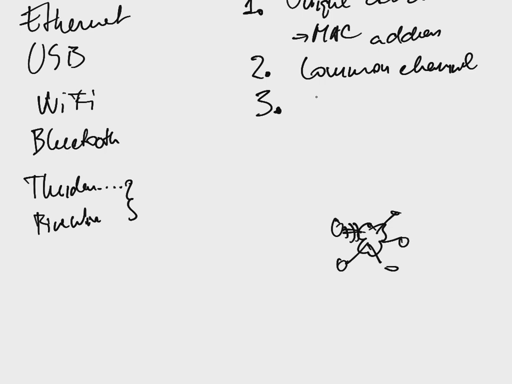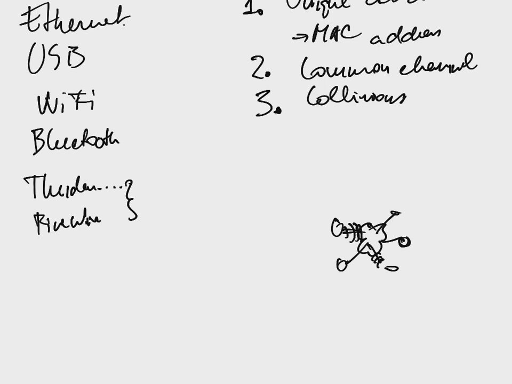And third is collision handling. What does it mean? It means that if all these devices are connected to the same channel and one is talking, all other devices should be listening. If more than one device is talking, it's called a collision. Then you can get garbled signals, and then they stop their sending, wait for some time and try to retransmit again.